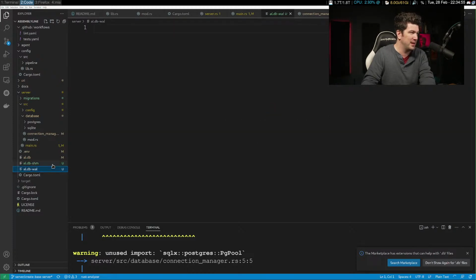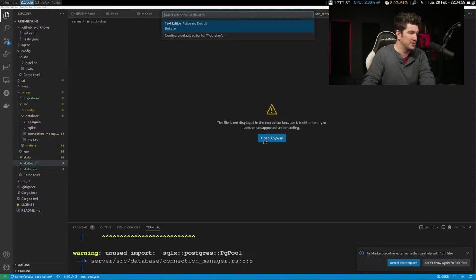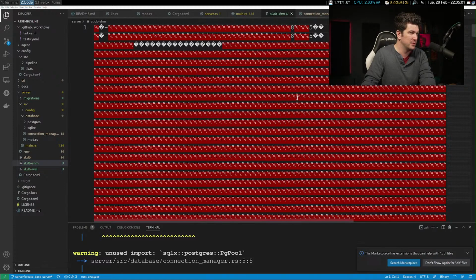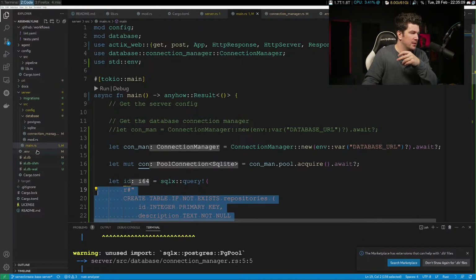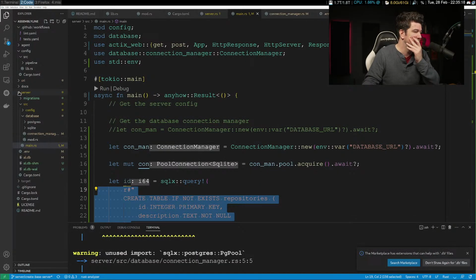I want to say no. These should not be checked in. So we're going to add these to the git ignore. Let's jump to the git ignore.